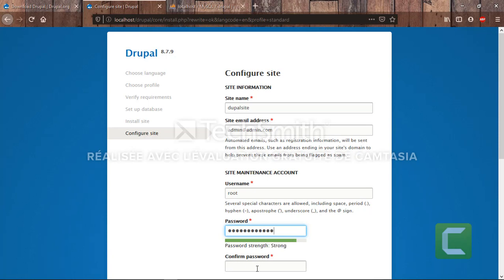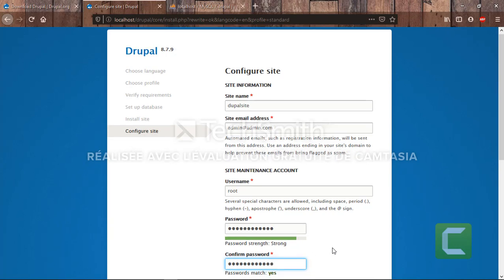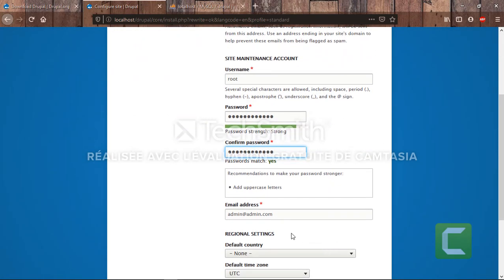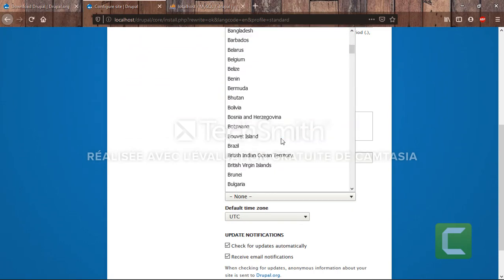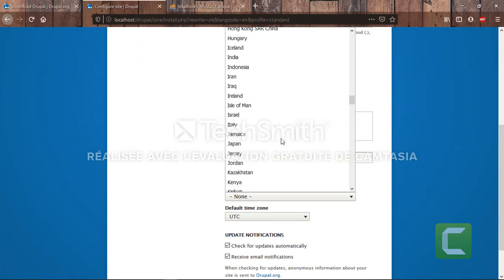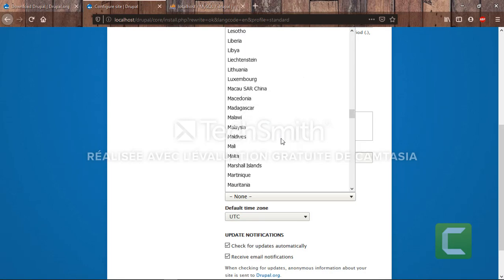I put just an email, which is just to give an example and to make things work. As a username, I put root, but about the password, it is required to be a strong password. So I had to make a strong one.